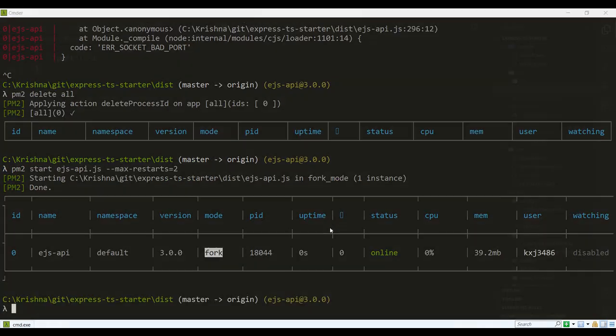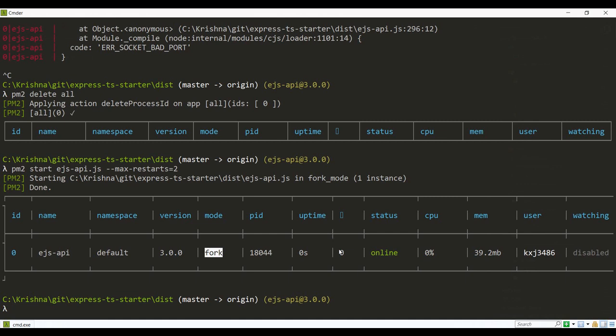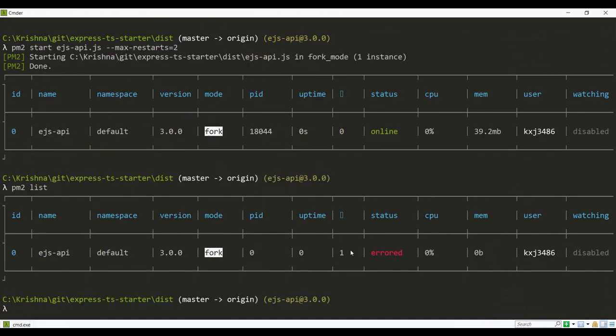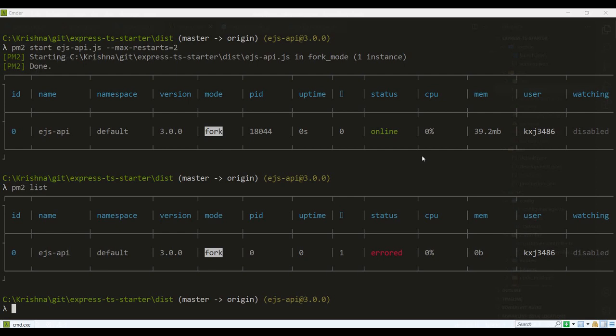I want it to try 2 times. It started the first time, then tried to restart and got the error. The max-restarts option is used to specify the number of retries for application failure.